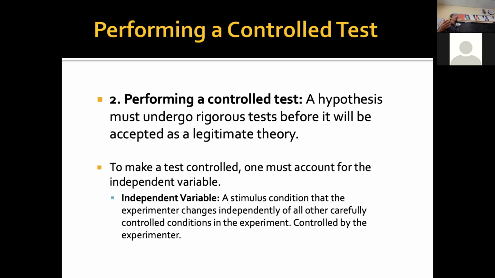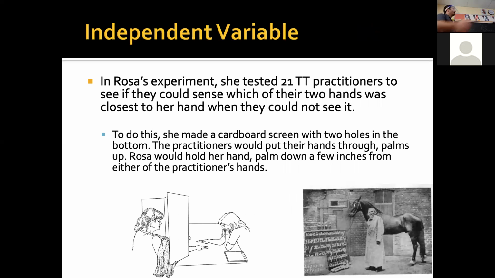So the manipulated variable is something interchangeable that the experimenter performs within the study. Like I mentioned, for Emily Rosa, it's which hand she is hovering over, left or right. For Funk's, it's where Von Austin is: is he in the eyesight of Clever Hans or not? So that's how we can relate it to those two studies.